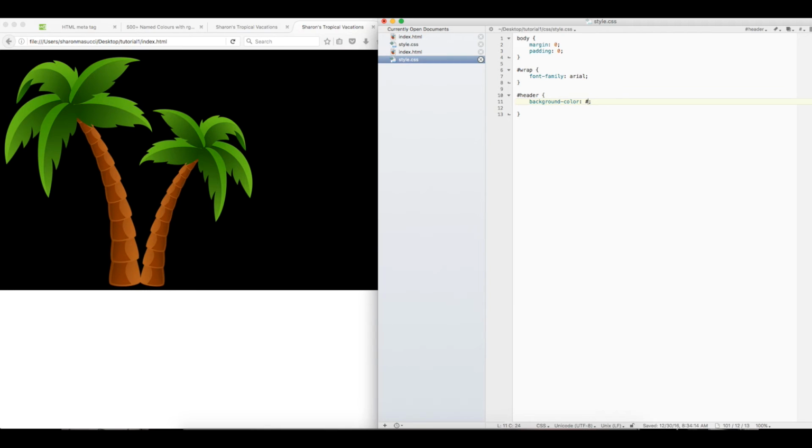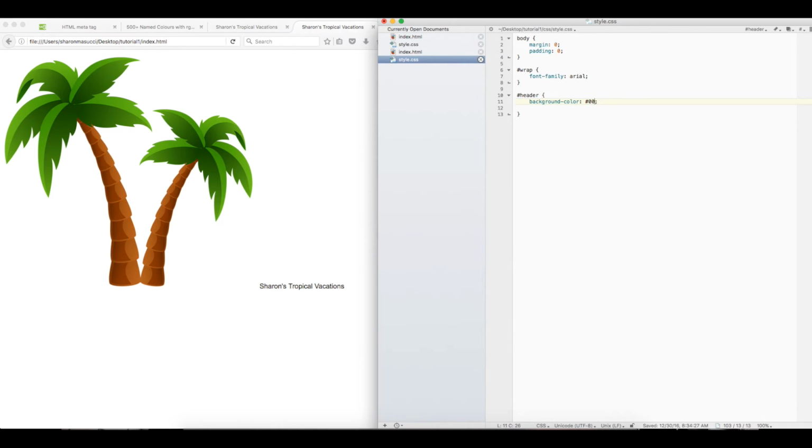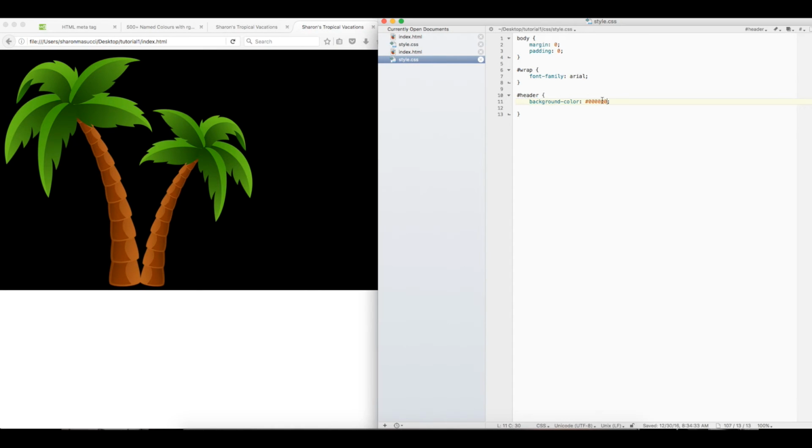Also, just a good thing to know is white is 6 Fs and black is 6 zeros. And also 6 ones, on and on to different numbers, 6 sixes, 6 fives, or 6 A's, 6 E's, 6 C's. Those are all gray colors. Just a good thing to know so you don't have to look it up every single time. But for this, we're going to use